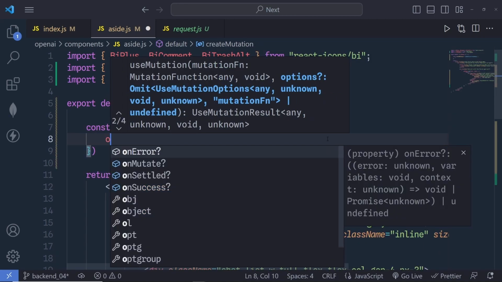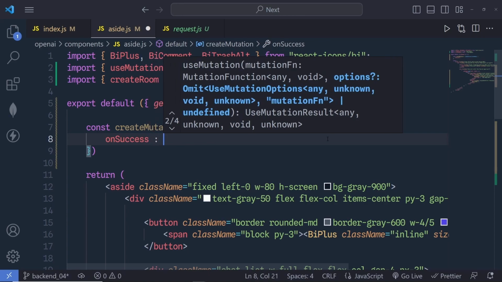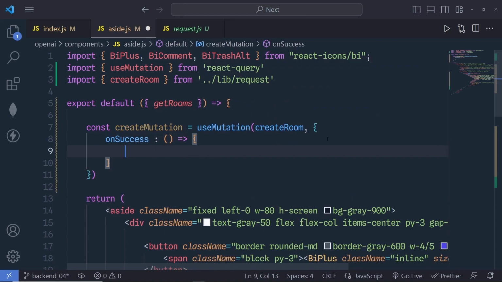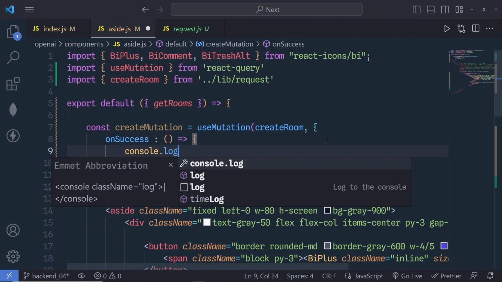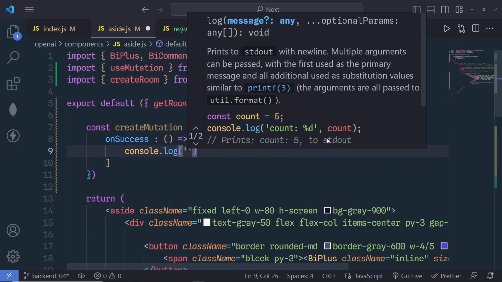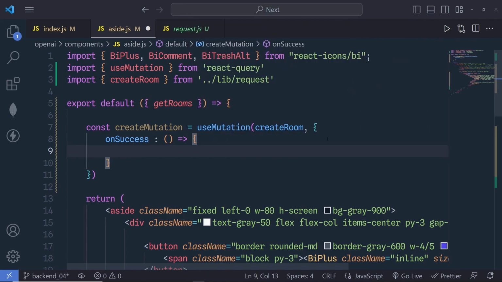And here you can access the onSuccess function. So whenever the data is successfully inserted, we're going to have the console.log message. But instead of just a console.log message, I want to update my data. Whenever there is new data inserted in the backend, I want to instantly update the UI. For that, we need to use the useQueryClient variable. So at the top, using this React Query import, you have to pass a comma